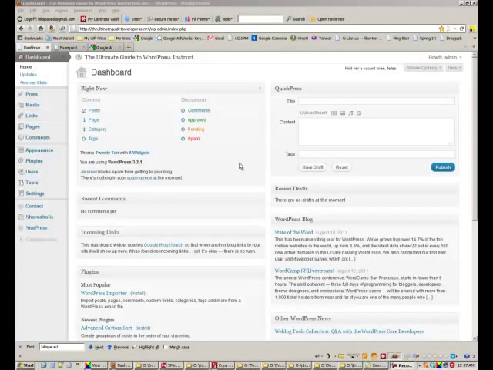Okay, welcome back. What we want to talk about now is pinging, and that is whenever you create a blog post, WordPress notifies some pinging services, they call them update services, that you have new content. And then those services come out and they take a look at your content, they bring it back in, they index it, they rank it. They're kind of like a search engine for posts